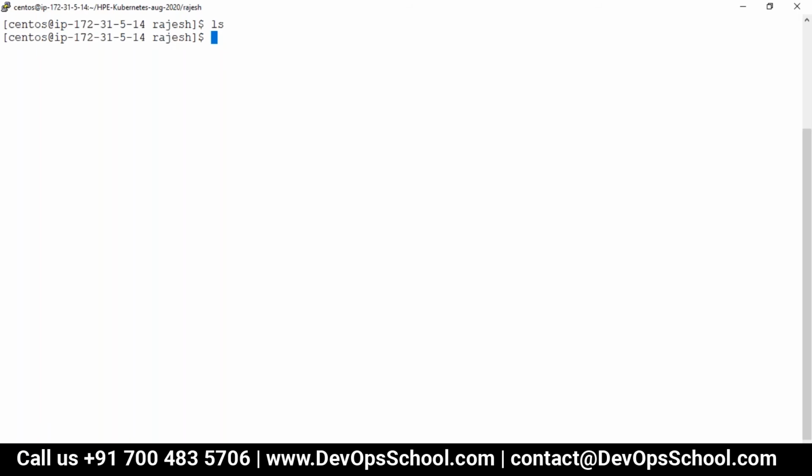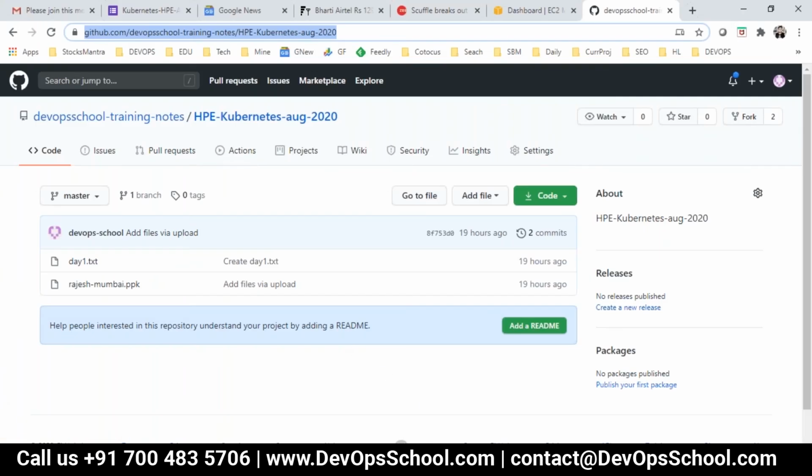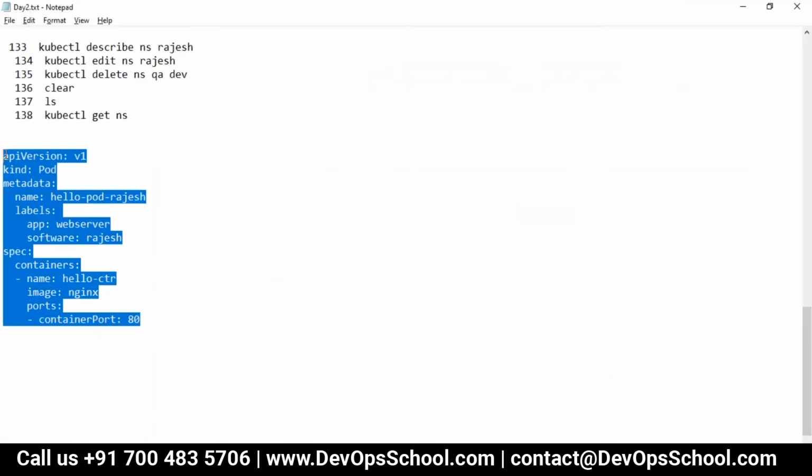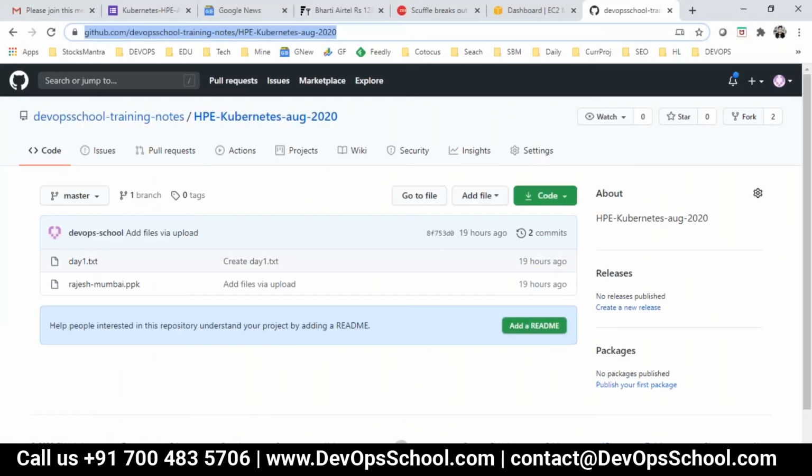Now we need more nodes. No problem, I'll keep adding them. It takes just 2 to 3 minutes to add nodes the manual way; the automated way takes just 30 seconds. So what I'm going to do is write a pod1.yaml, and copy paste this code. You have it, and I'll keep updating the notes also.